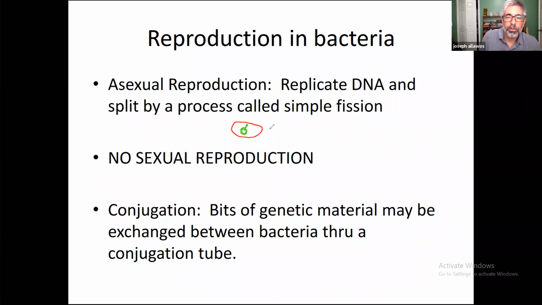And what it will do is it will replicate its genetic material. It will replicate its genetic material, make two copies of it, and then ultimately this thing called simple fission occurs, and you can see that right here, simple fission, where you basically are just going to then divide the cell into two pieces like this. Each one gets the genetic material,